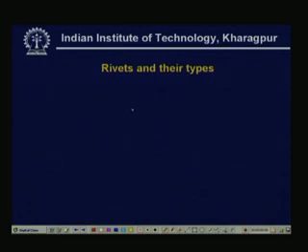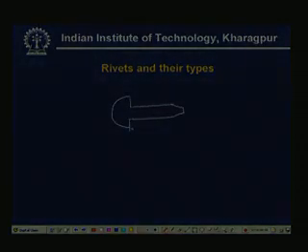Now, let us come to the basic geometry and the types of rivets. We must know what a riveted joint is, how a rivet looks like, and so on. So, let us see. A rivet looks like the following. So, this is the